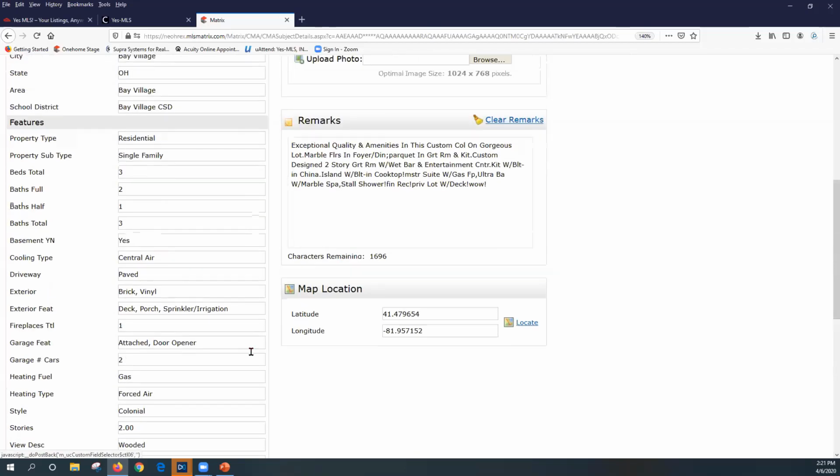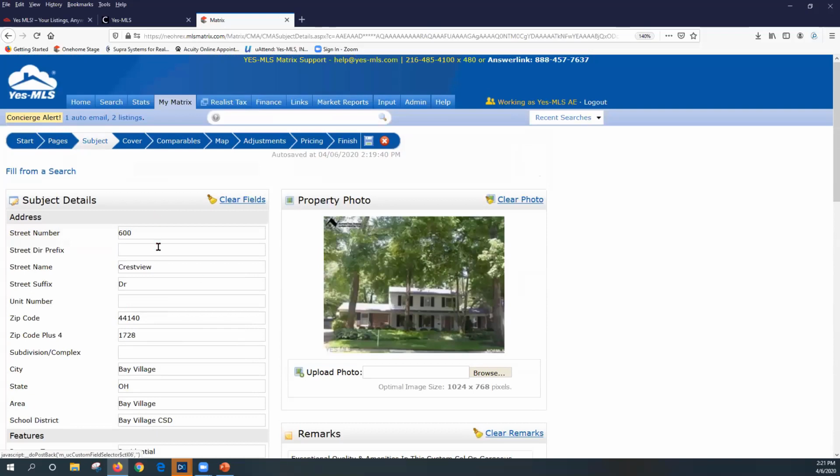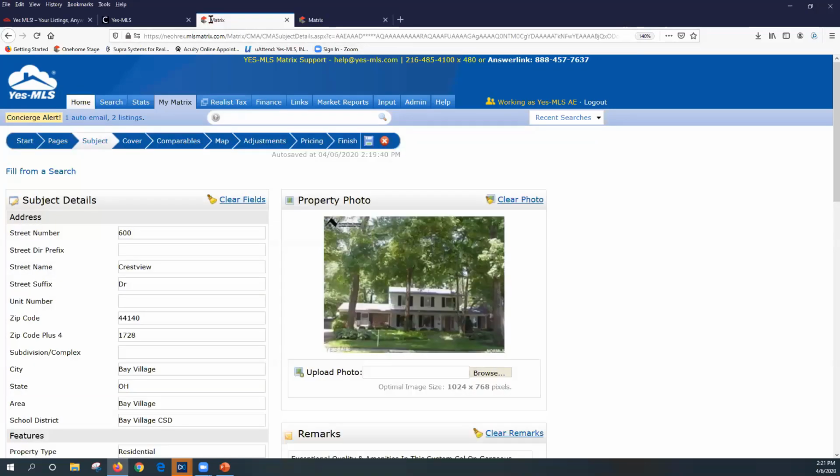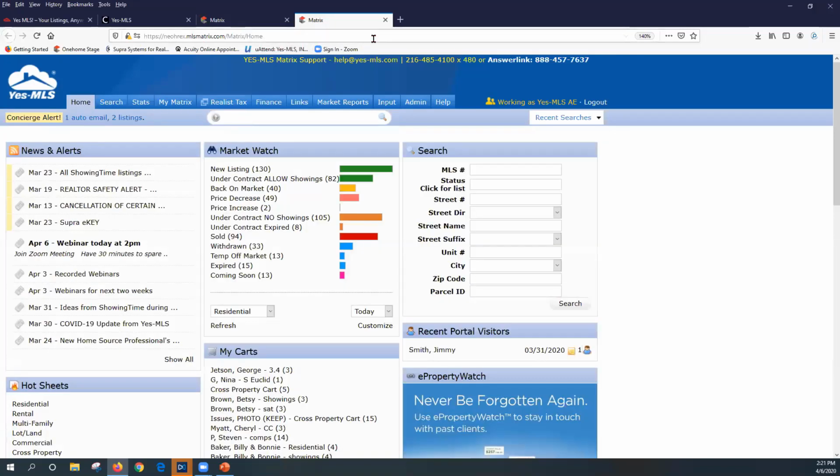Now, I might actually not want the old taxes, but I want the recent taxes. I didn't write that down, so I need to go search for that. I don't want to lose what I'm doing in my CMA. So another little tip that I like to show here is I can right-click on my Home tab and open a new link in my browser. So now I've got the CMA here, but I've got another session working over here. So now I can leave my CMA alone, pop out of there for a second, and go look up